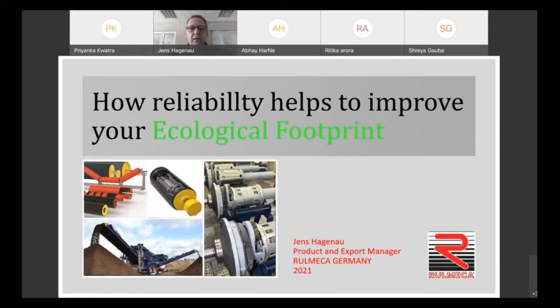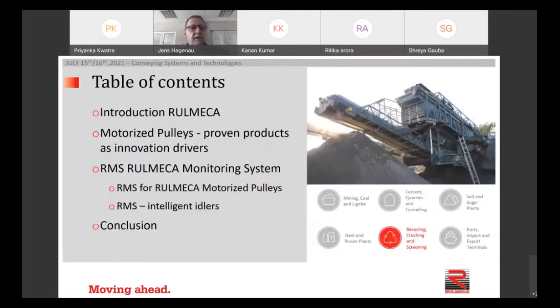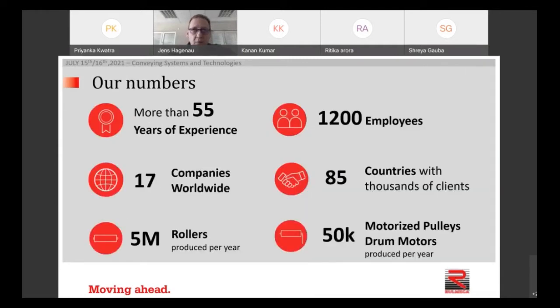the ecological footprint of a company, means how to make operation more efficient. First, some introduction of the company, then I will talk a little bit about the product and some ways of monitoring our systems. Rulmeca is a global operating group of companies specialized in providing components for the materials handling market